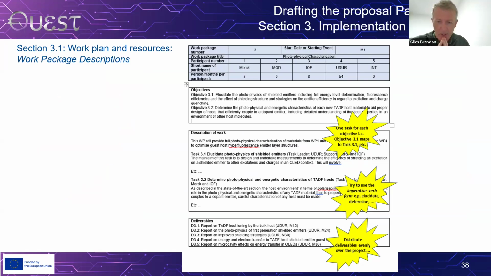Things are slightly changed in Horizon Europe, but I think the point I want to get across is the same whether it's Horizon 2020 or Horizon Europe. The point I want to make, what I always stress with the work package leaders, is, look, for every main task that you are going to describe in this work package,